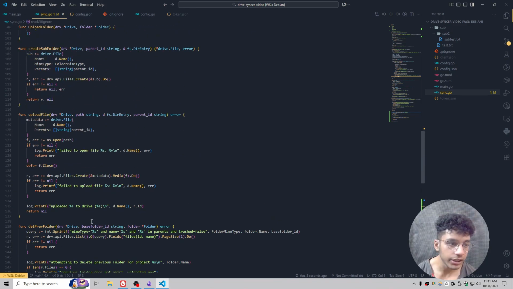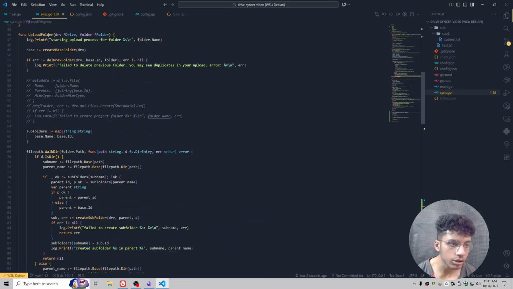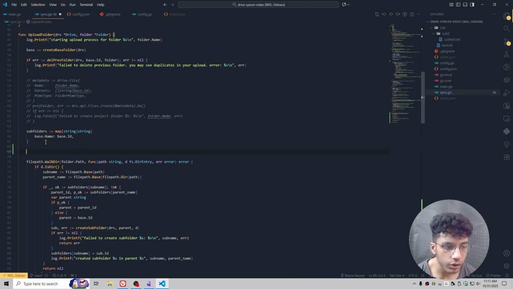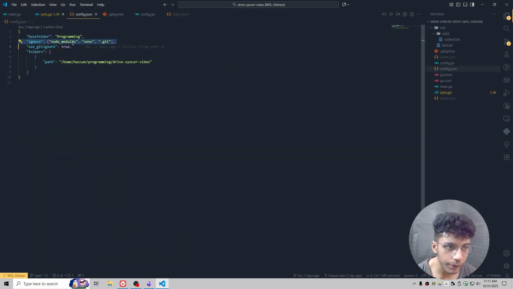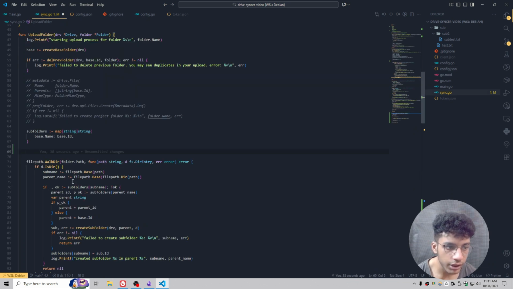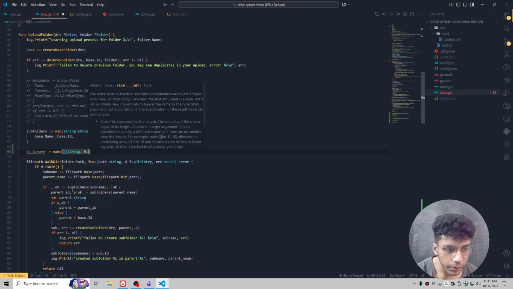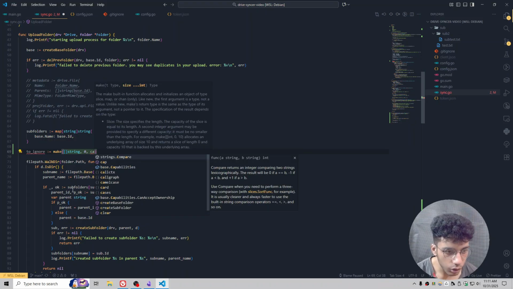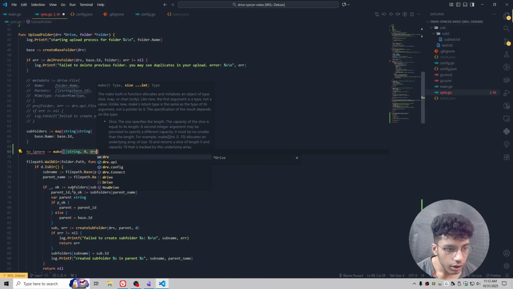Now back up in the upload folder function, we need to create the actual toIgnore lists. So first of all let's create the global ignore list, the one in this ignore keyword in config.json. To build this, let's say toIgnore equals make, and we will make a list of strings with a length of 0 but a capacity for... what was the capacity? For